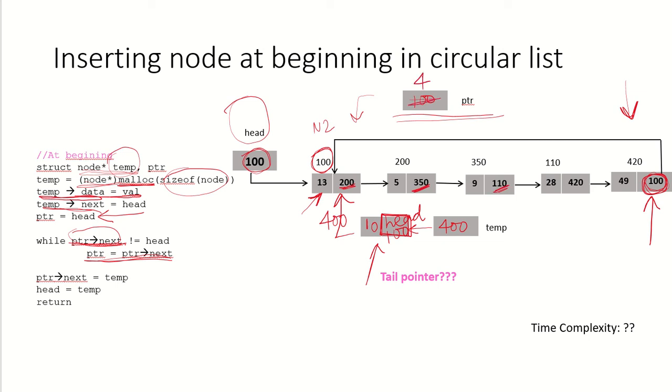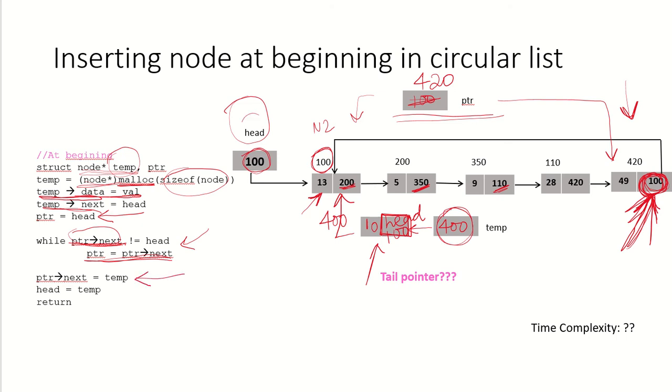Ultimately when it has the value 420, that means it is pointing over here. So pointer arrow next is now pointing to head, so we will not go within this loop. Now we have reached the last node, so we have to update this pointer value. This pointer should now point to the new node. And where is the address of the new node available? It is available in temp. So pointer arrow next, we are going to make it equal to temp.